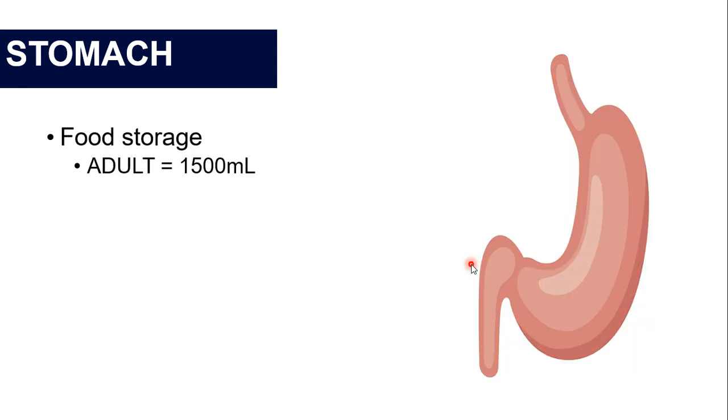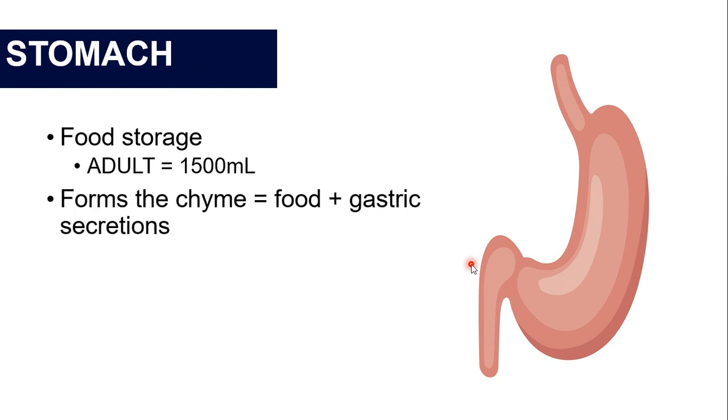Food storage. Actually, it's also known as the holding reservoir of the food. Okay, so in adults, your stomach can be filled up to 1,500 ml of content. Next, it actually forms chyme. So if your food from your mouth goes into your esophagus and it meets the gastric secretions in your stomach, it will become your chyme. So that's why your